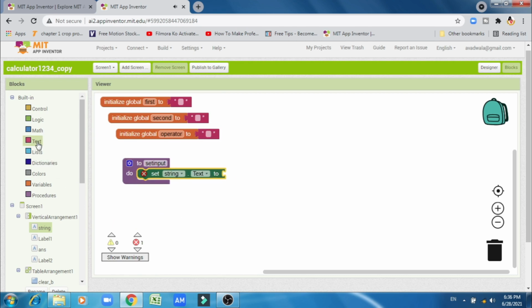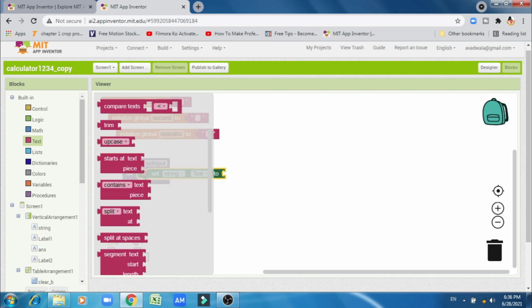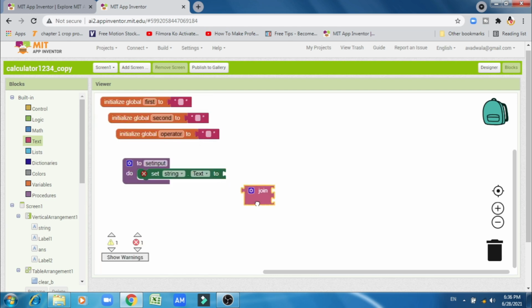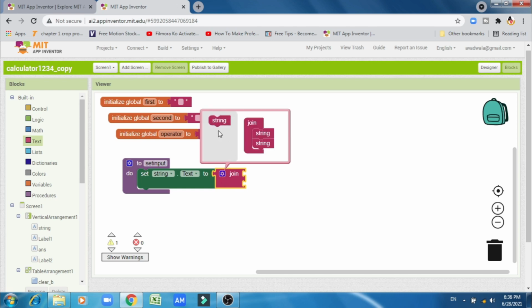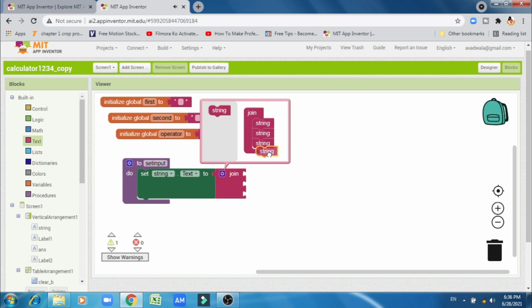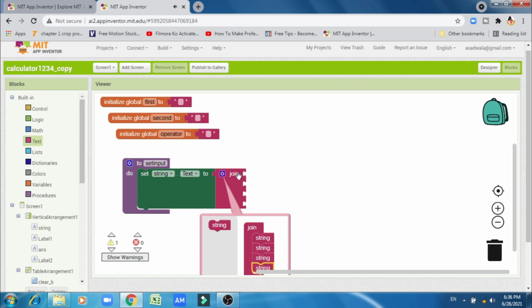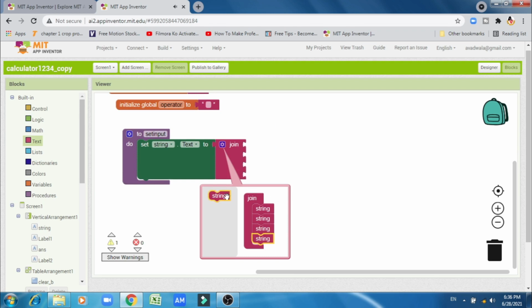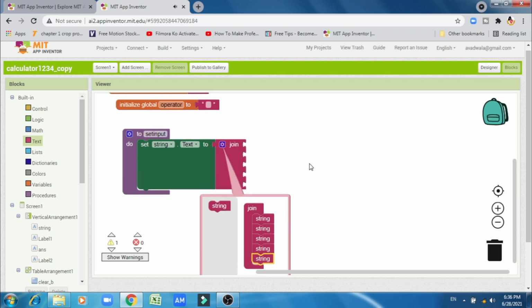Now we can use that join, and we use 5 strings for it.